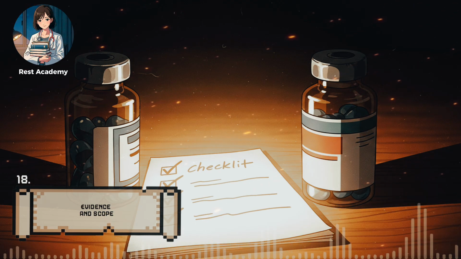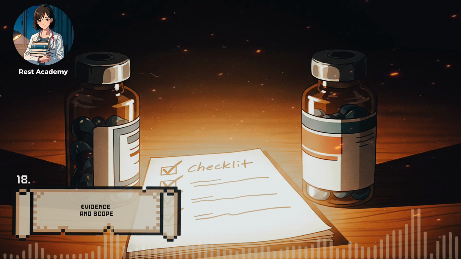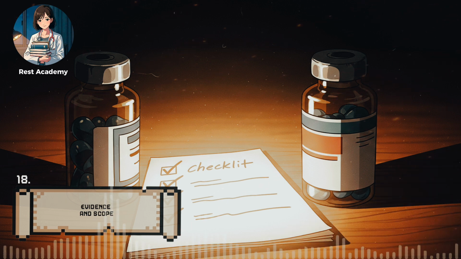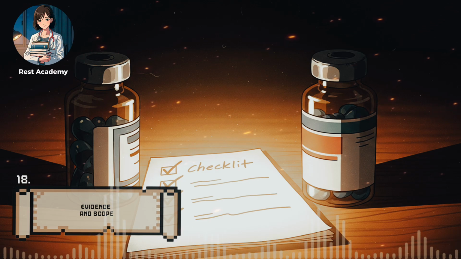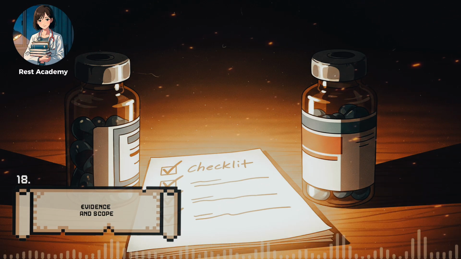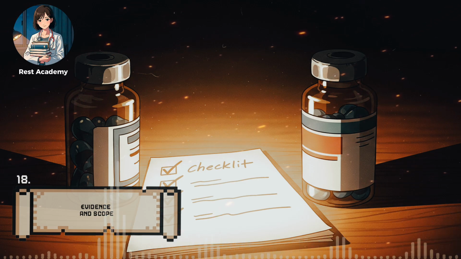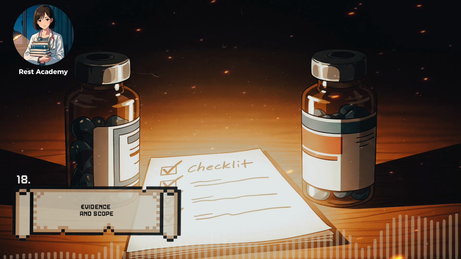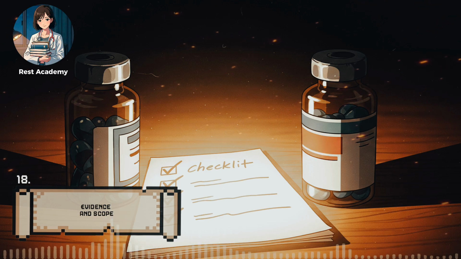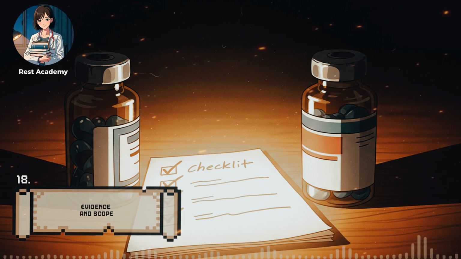The fifth principle is patient suitability. Here you consider individual factors: age, weight, organ function, genetics, pregnancy status, and adherence potential. An elderly patient with kidney impairment may not tolerate aminoglycosides. A child may require weight-based dosing to avoid toxicity. A pregnant patient must avoid drugs that cross the placenta and harm the fetus. Suitability also includes practical issues. Can the patient afford the drug, access it easily, and adhere to its regimen? Even the most effective therapy fails if it cannot be taken consistently.